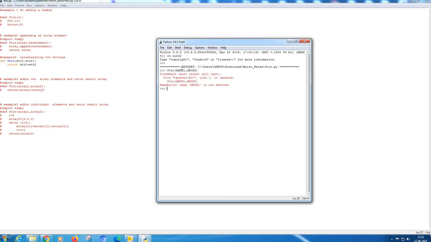Why is it giving an error? Any idea? Let's see. Suppose I put it like this. For strings, we have to put quotes. Now let's see, is it giving an error? No. So that means you have to pass the string in inverted commas, otherwise it will expect another type of variable.